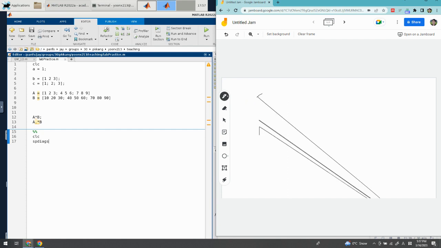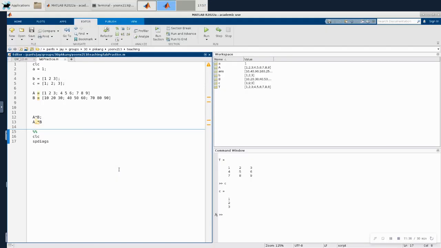Let's just work in Matlab. So if you type C and 0 and 3 by 3,